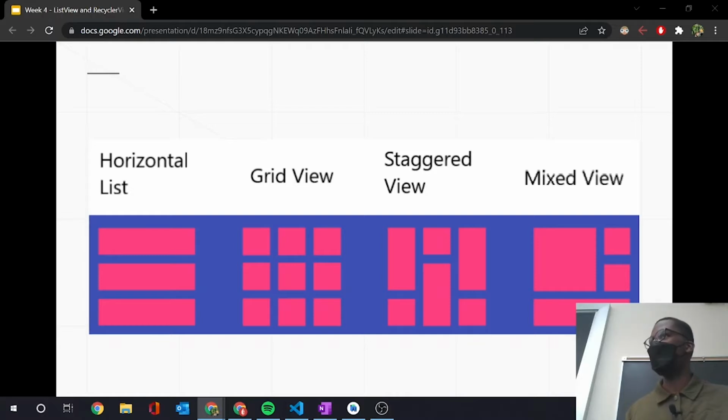If you know the app Depop, it uses the grid-like view to host the images of things you can click on. You can have a staggered view with different sizes, or you can employ your own custom mixed view. The Instagram Explore page uses a mixed view, where the different cells are different sizes. I think they use reels and videos to make them bigger, to bring more attention to them and make you click on them. So yeah.